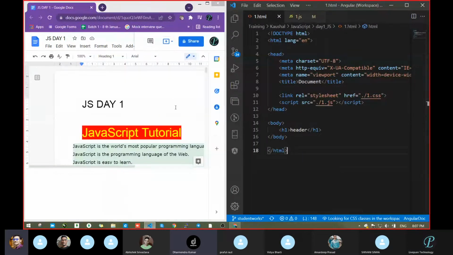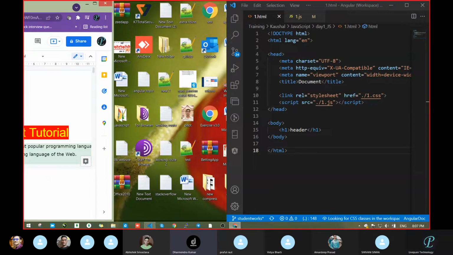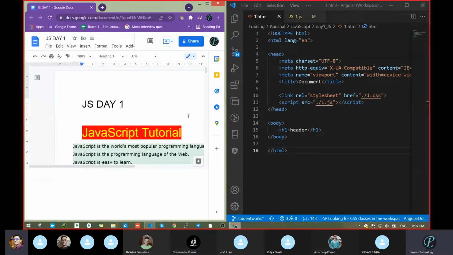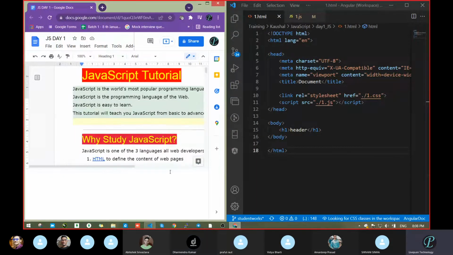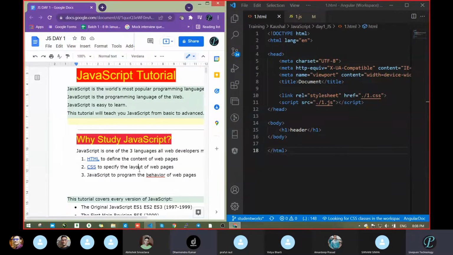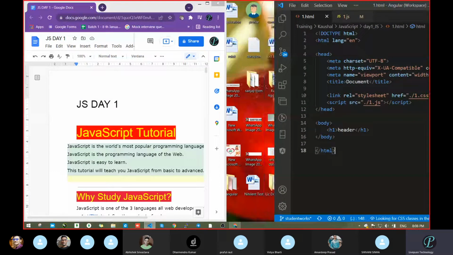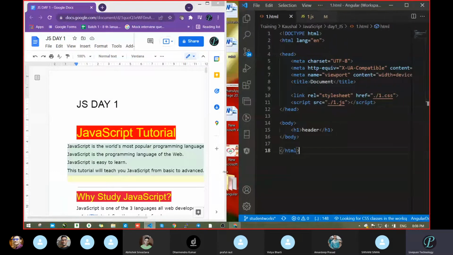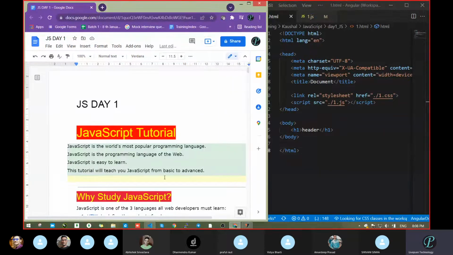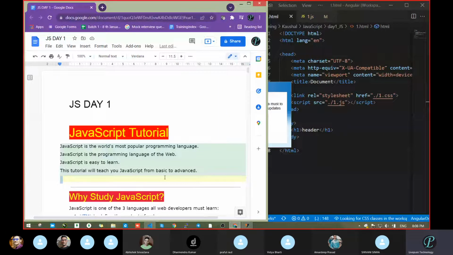Creating websites, sir. It is used for creating and styling websites, just like a designing view. With the help of that, we can create what is looking on the UI, and that is just like a text. But with JavaScript, we can do multiple tasks in the front end side and also in the back end side.